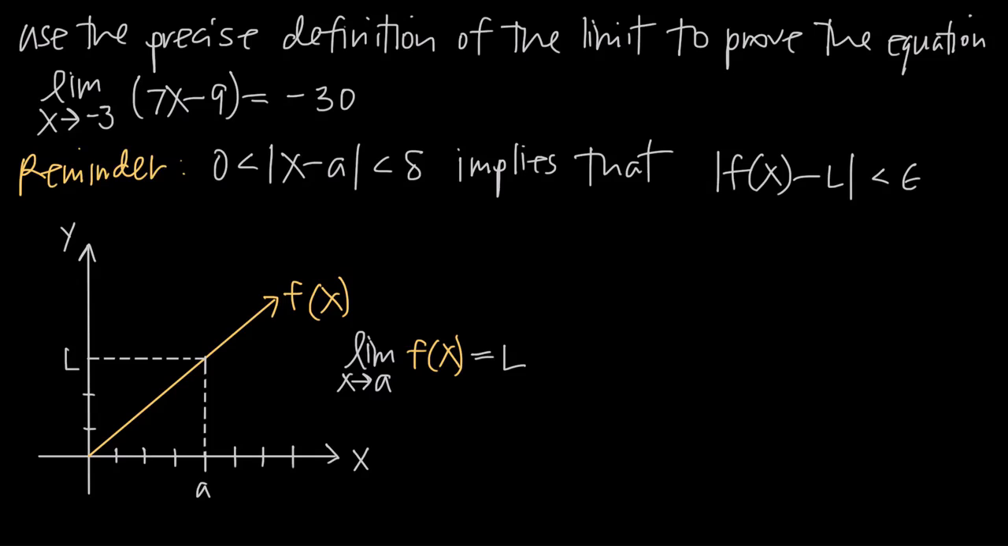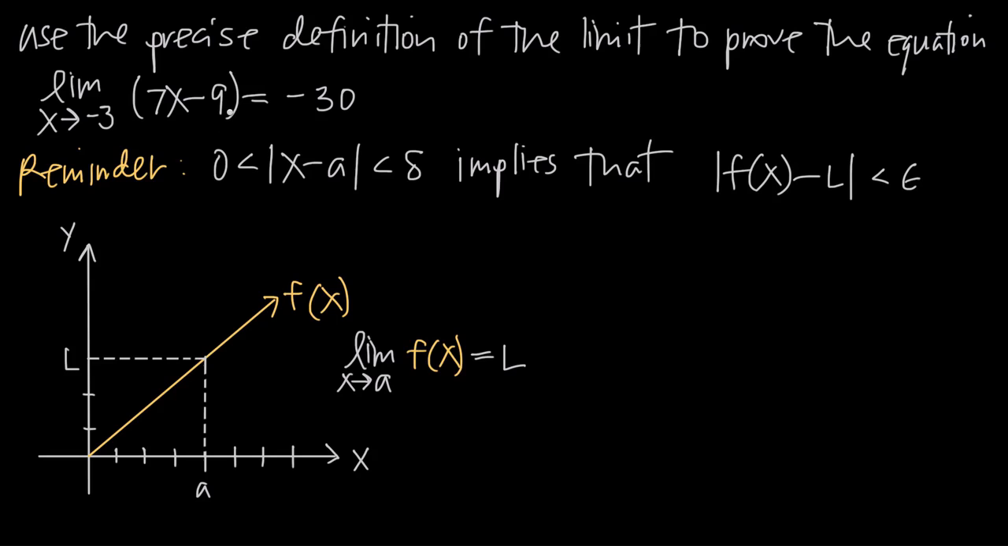In this video, we're talking about the precise definition of the limit, which is also called the epsilon delta definition of the limit, and we've been asked to use the precise definition of the limit to prove this limit equation. So we've been told that the limit as x approaches -3 of this function here, 7x minus 9, is equal to -30. So we already know the value of the limit, and intuitively this should make sense to us because